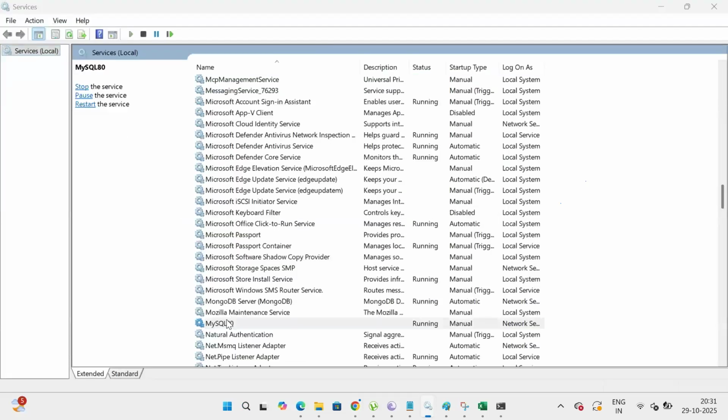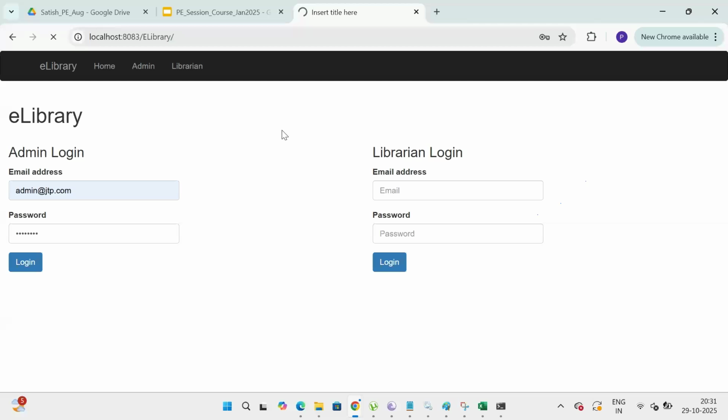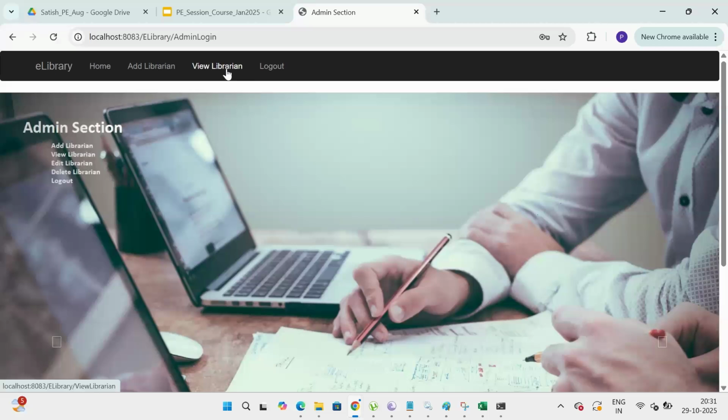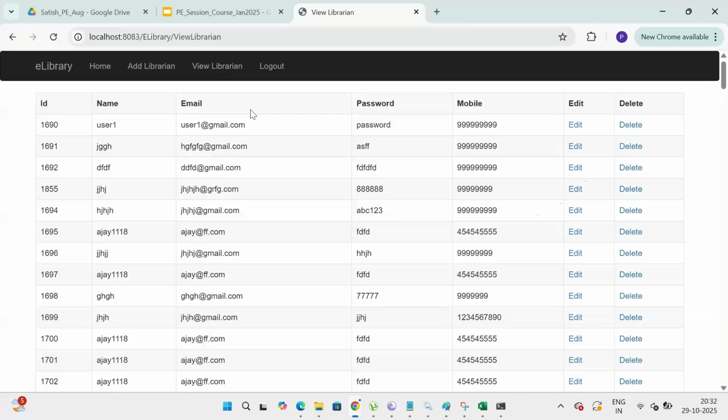The first time it might take some time after the deployment. Okay, you get a homepage where you can view all the existing librarians, and you can also add librarians.